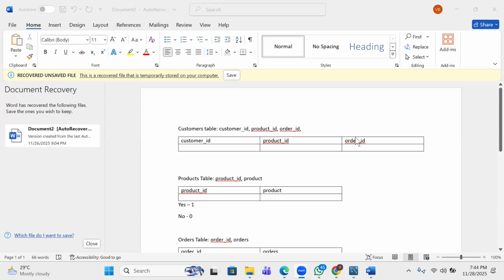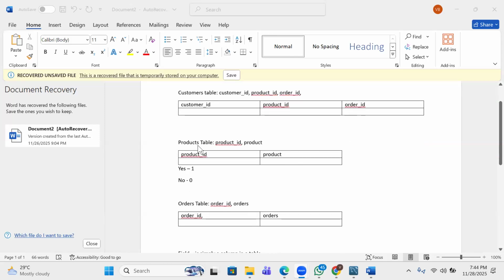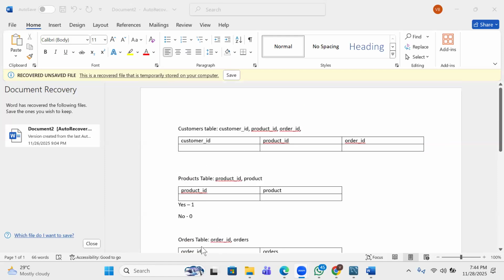Now, let me give you a very practical example. Imagine me as a Nigerian. In my country, Nigeria, if you ask what's your nationality, I'll say I'm a Nigerian, right? But the moment I get outside Nigeria, I am a foreigner, right? So you have the product table, you have the orders table. Each of them has its own primary key. This primary key, you can actually find in another table. Because they are in another table, that makes them a foreign key. So if the question is asked whether product ID here is a primary key or a foreign key,